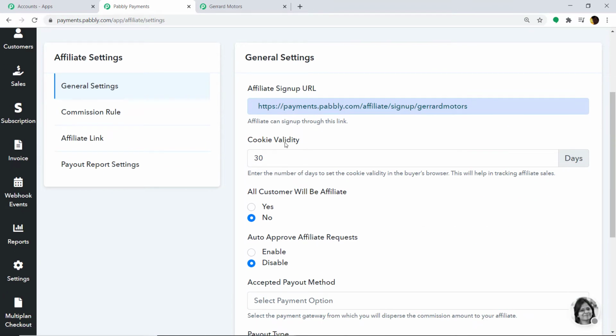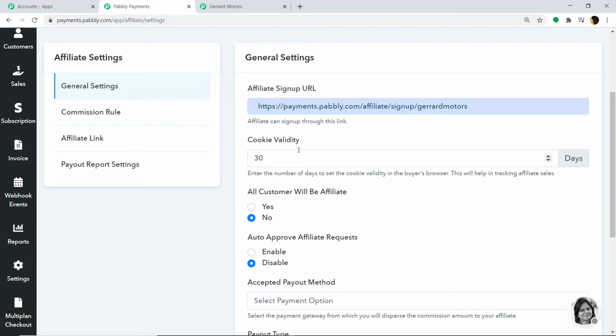Okay, so next thing is cookie validity. So your obvious question is, what is cookie validity? And why have I kept the cookie validity as 30? Well, it is actually pretty easy. Basically, let's say a visitor has used the affiliate link to visit your website, but actually didn't purchase anything and just simply left. But after 2 days, this visitor comes again and completes the purchase on your website. So a commission will be generated for that affiliate partner whose affiliate link was used by the visitor to reach your website. Okay, so cookie is basically a history.